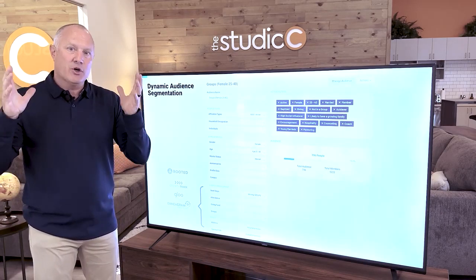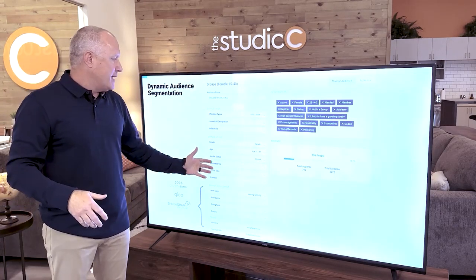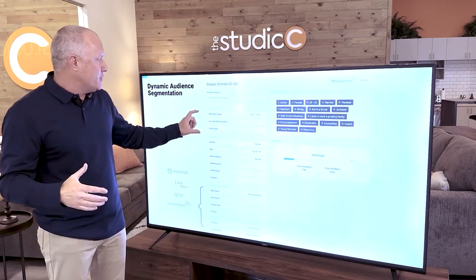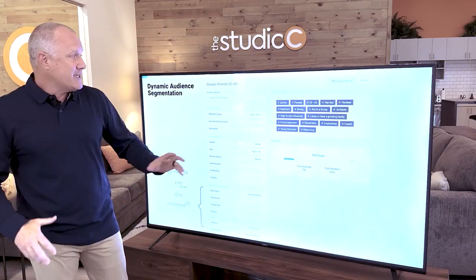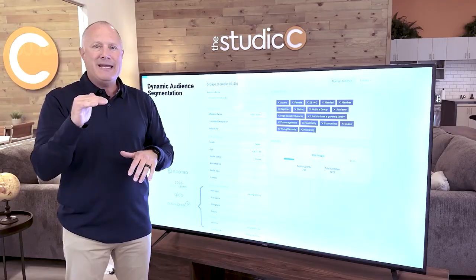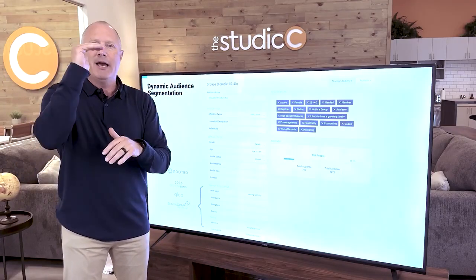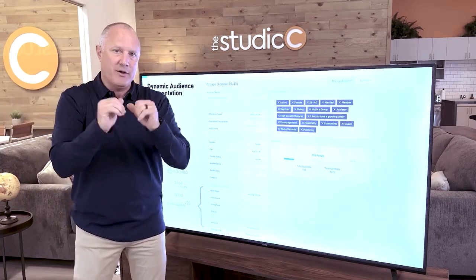What we do is we give your comms team, the people who are building a message, this idea of buckets of data, buckets of attributes. So we can let you segment your entire congregation down by either people type, demographics, church engagement. So for example, in this case, we said I want to speak to active members of the church, female, 25 to 40, married, baptized, giving, not in a group. Any data sort we have, we pull in and allows you to segment from this group, which you can see here, all the way down to who it applies to.